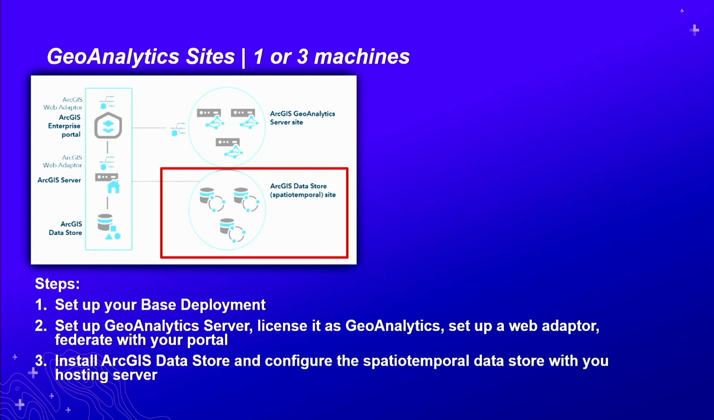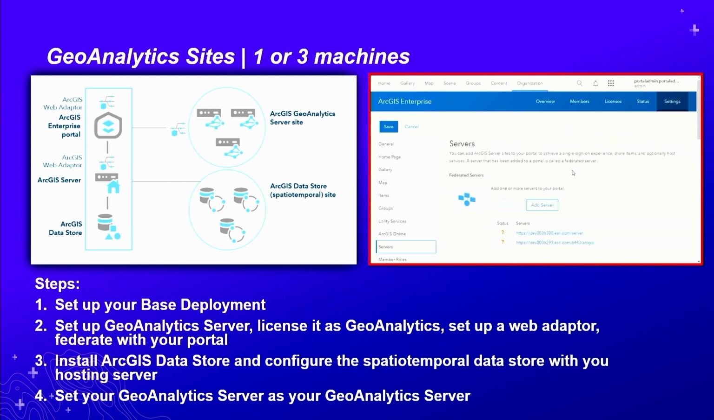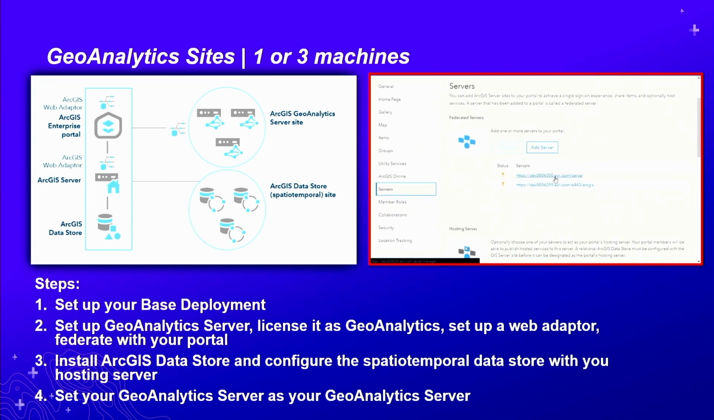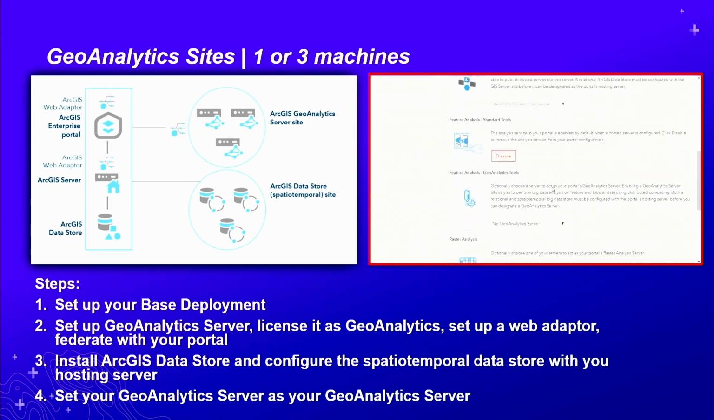Then you're going to install ArcGIS Data Store and configure the spatiotemporal data store with your hosting server. So the exact same thing you did with the relational ArcGIS Data Store on your base deployment, except you specify the spatiotemporal data store. The next step is to set your GeoAnalytics server as your GeoAnalytics server. So if you're in Portal, you're going to go to Server Settings. You've already added that server, and there's just going to be a drop-down to specify which server is used as